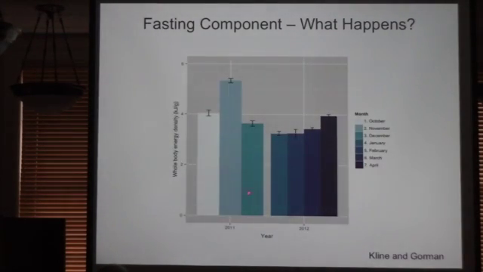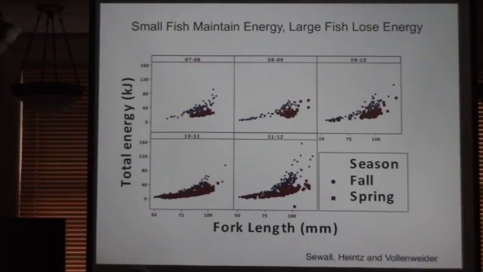But actually what we found was that fish are building energy stores up till November, and then they drop down really quickly by December and just maintain this very low level through the wintertime until they're able to start feeding well again by April. So this was actually a little bit of a different model than how we thought the system was working. But what's also interesting about this, and this is again some of Fletcher and Ron's data, is